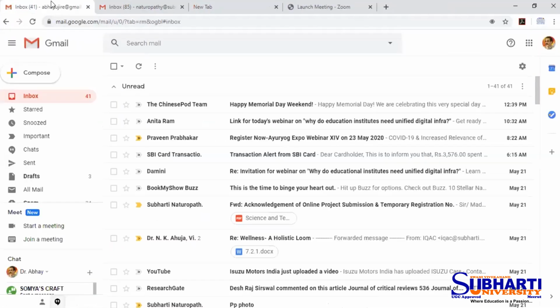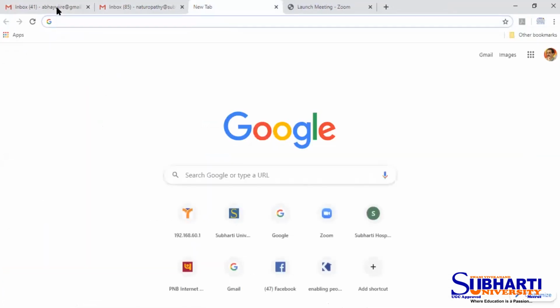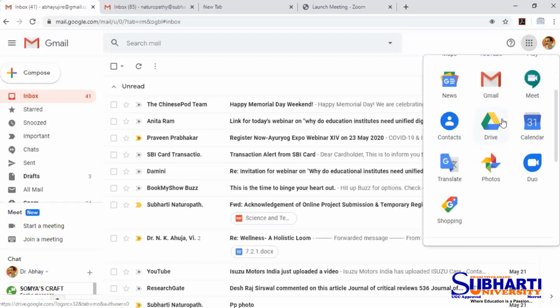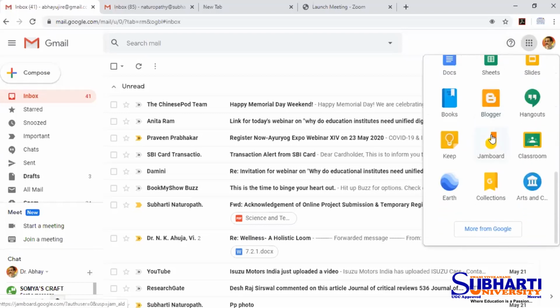Now, the second way is through your Gmail account or any signed-in Google account. As you can see on the right hand side, there is a 9-dot Google Apps tab. When you scroll down, you can see all the Google features which are available, and one of them is Google Classroom. You can see the mouse on the right side of the screen.